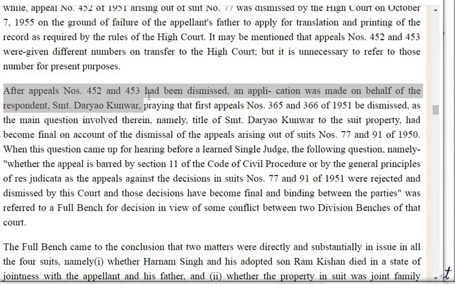After appeals number 452 and 453 had been dismissed, an application was made on behalf of the respondent Srimati Darya Kumar, praying that first appeals number 365 and 366 be dismissed. So that is the technical point. She is praying that the other two appeals should also be dismissed. Now as the main question involved therein, namely the title of Srimati Darya Kumar to the suit property, had become final on account of the dismissal of the appeals arising out of suit numbers 77 and 91, when the question came up for hearing before a learned single judge of the High Court,